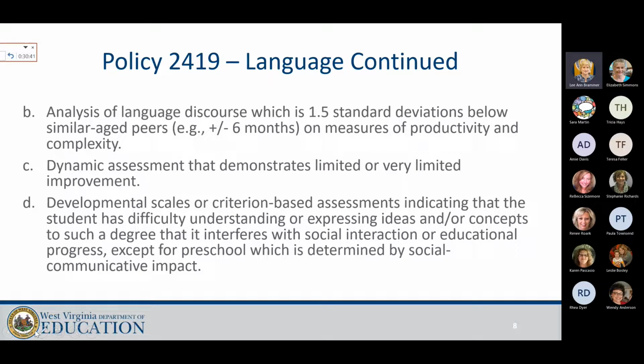And then the rest of the criteria that you have to meet for eligibility would be that the student has a negative impact on academic achievement and that they have be placed for language. You would have to have